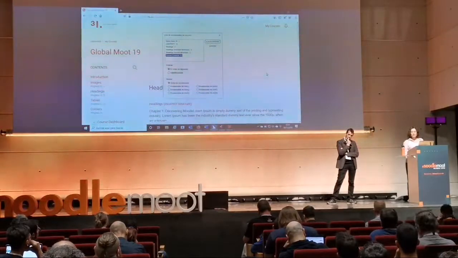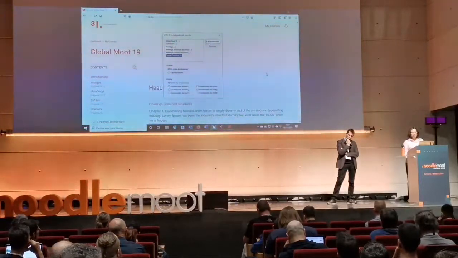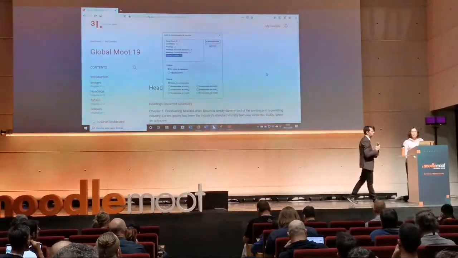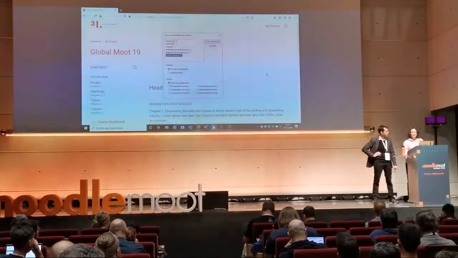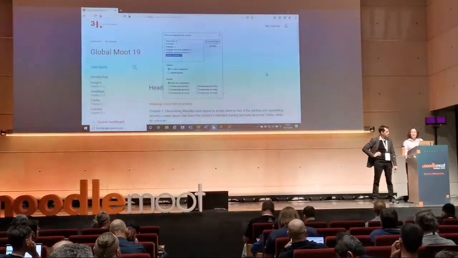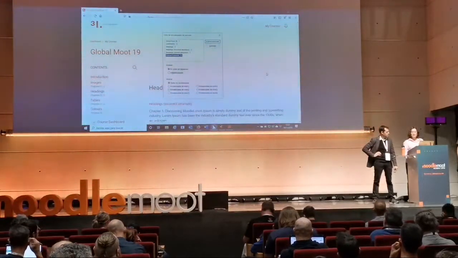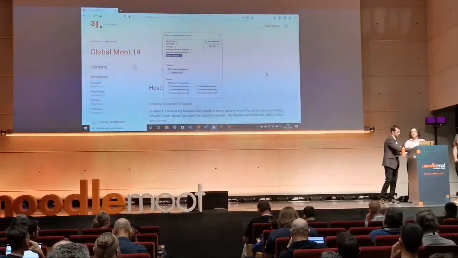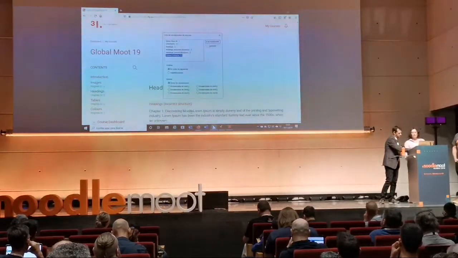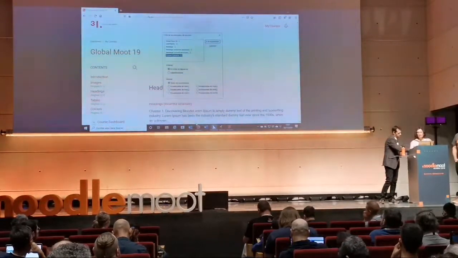So we have to decide if it's chapter 1 or different sections inside this topic. For example, we have to always use levels 1, 2, 3, but not jump levels, because if not, it's very difficult to imagine the structure. Okay, so here we have a jump from 2 to 4.